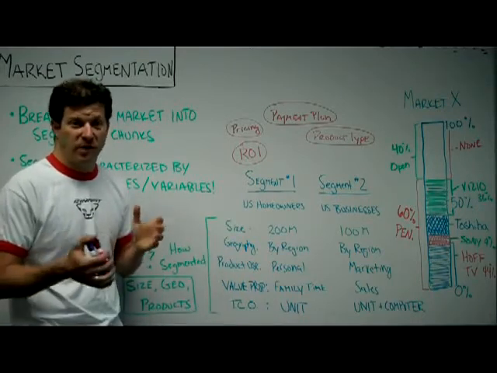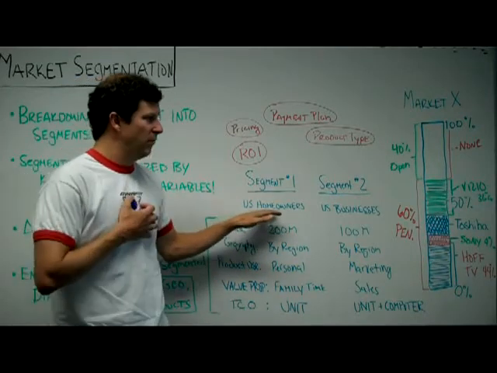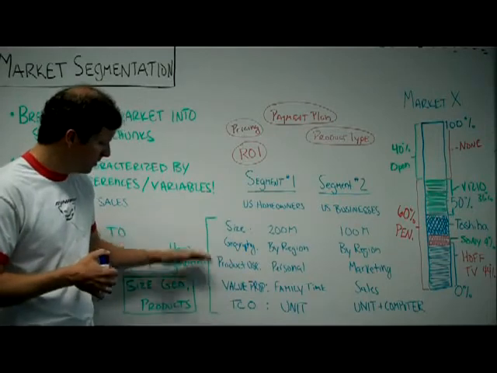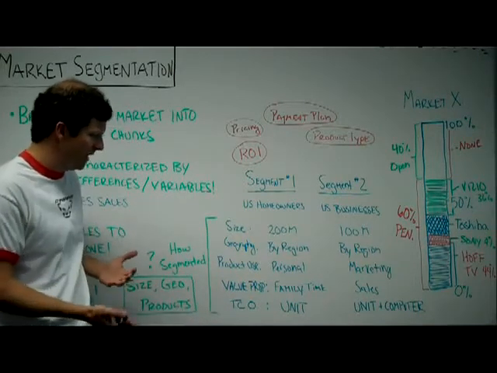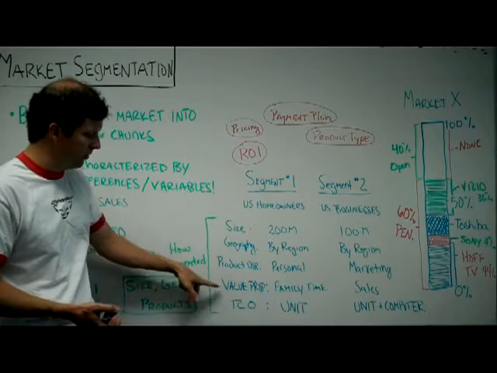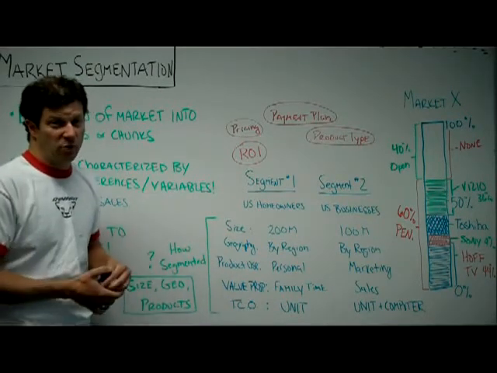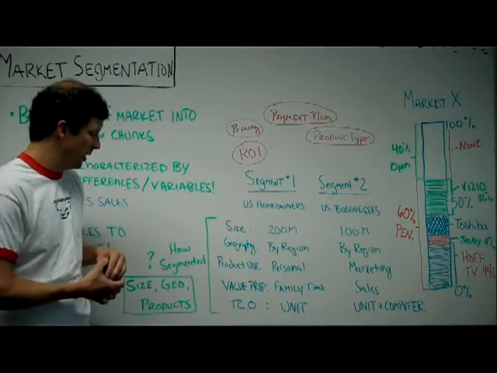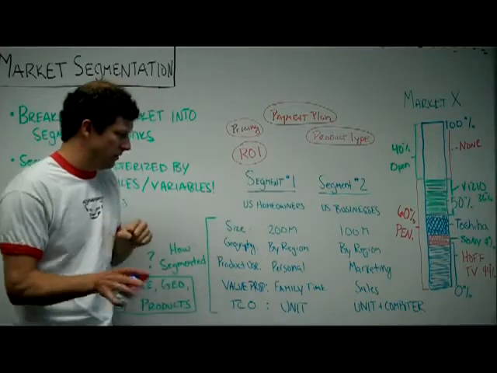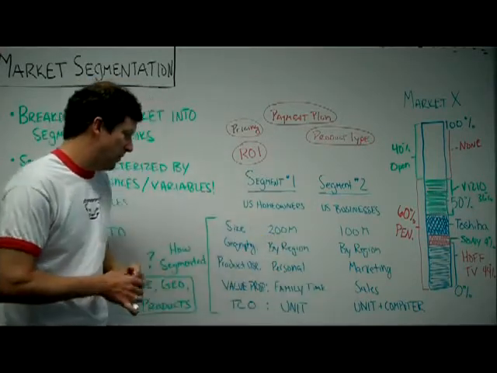Those are the variables, by the way. But in this case, to keep it simple, we'll say, I'm a flat panel TV maker. I'm going to talk about homeowners and U.S. businesses. So here are some of the variables I'm going to look at. How do I segment them? Well, I can do it by size or geography or product use or the value proposition or the total cost of ownership. You're going to have to decide what's appropriate for your business when you do this. But essentially, we've got 200 million homeowners and 100 million business owners. Those are just guesses. But each of them could be broken down by region.